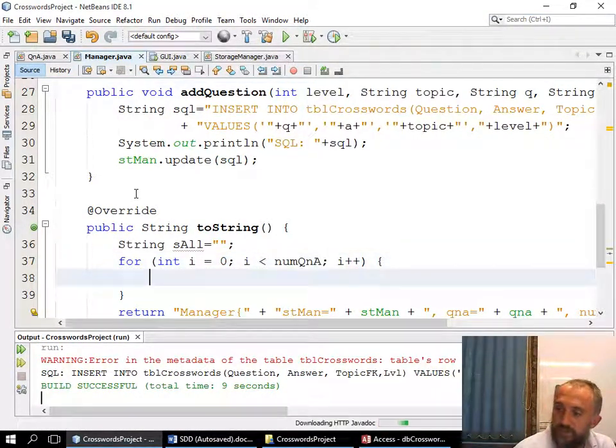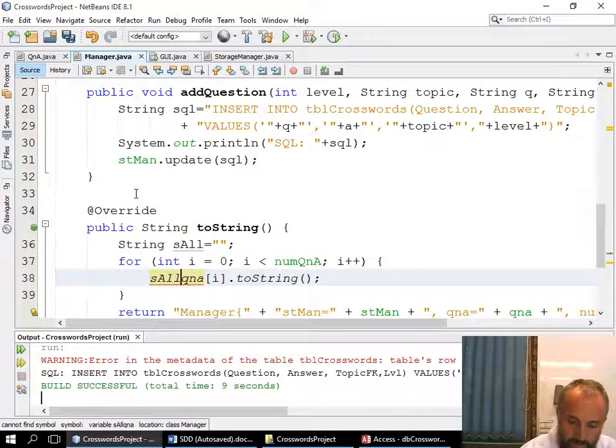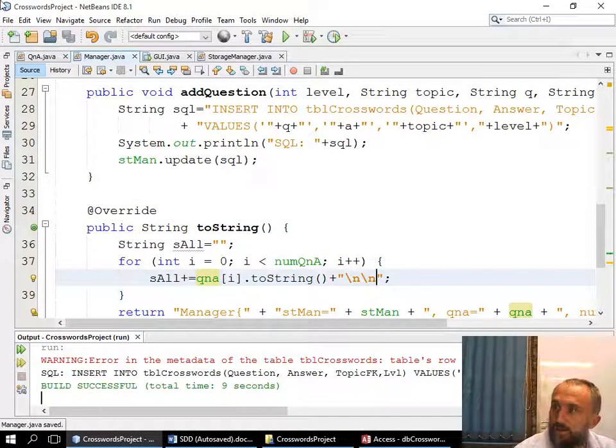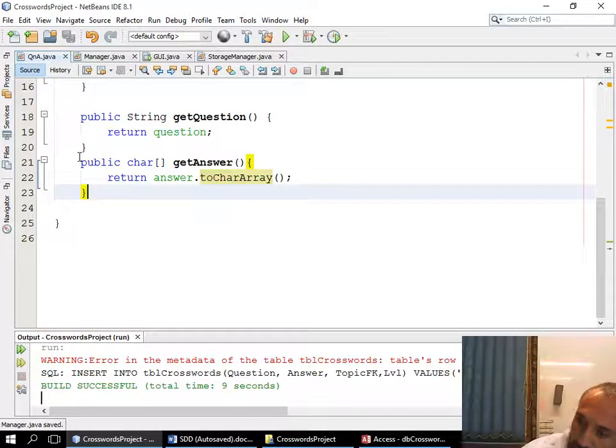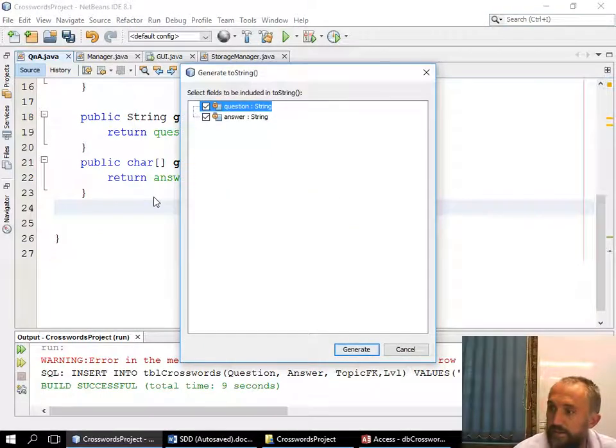So what I'm doing now is I'm just setting up a structure so I can test whether this part of my program is working. So now I'm just going to say Q&A position i dot toString semicolon and then s plus equals plus backslash n, and I'd also need to make sure my question and answers has a toString, and that is relatively